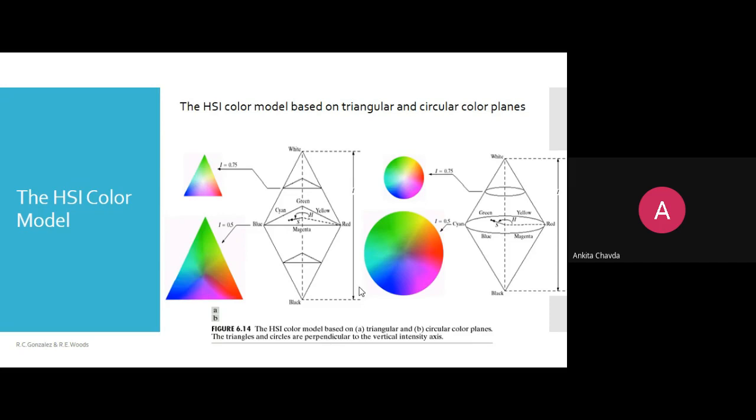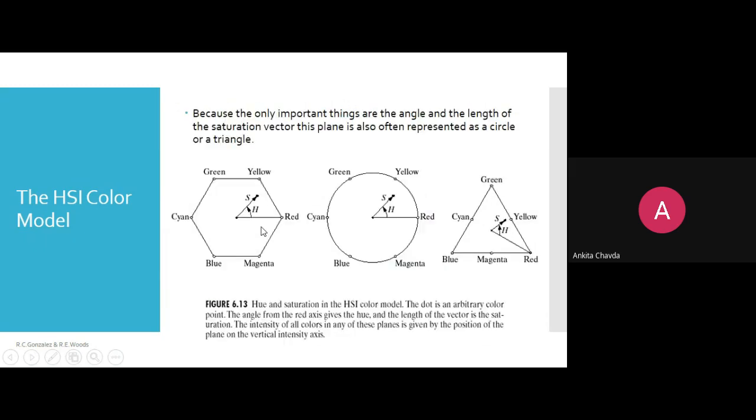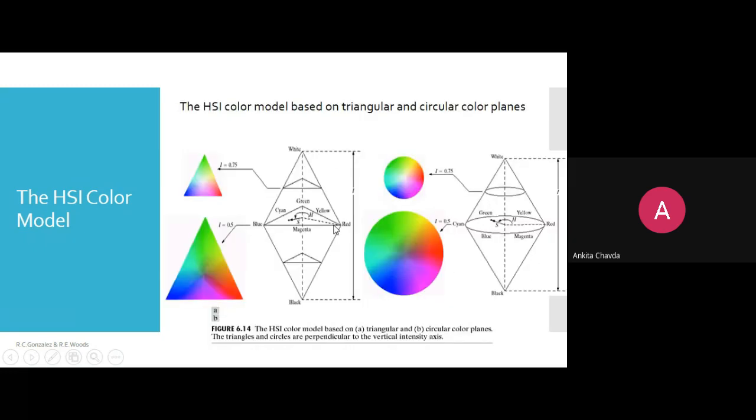Here we have represented all the colors again. Here is your red color, here are black and white, black and white on the top. This is the green color at another end and this is blue. You can check this, right? Triangle: red, blue and green. The same is here, red, green and blue. Green would be at the back side of your cube.